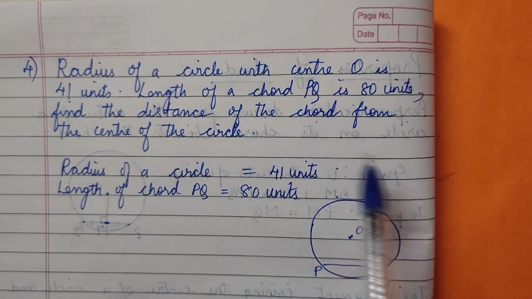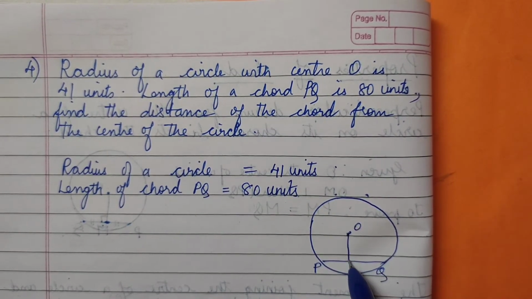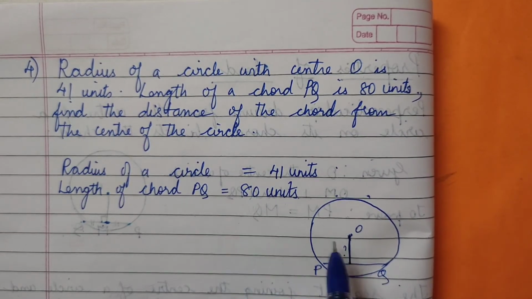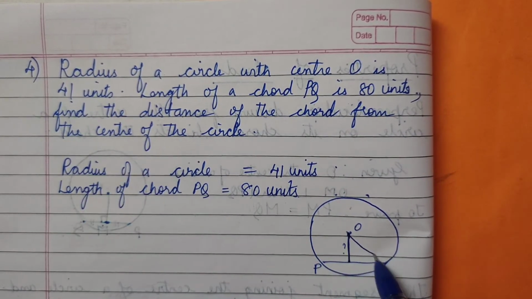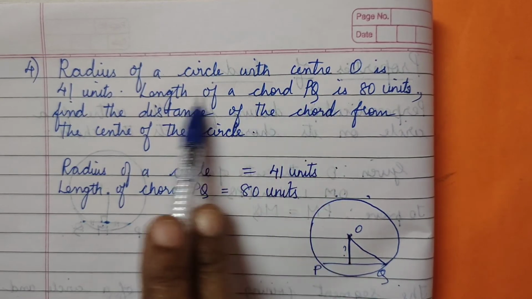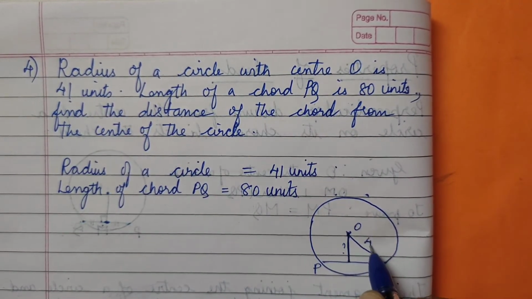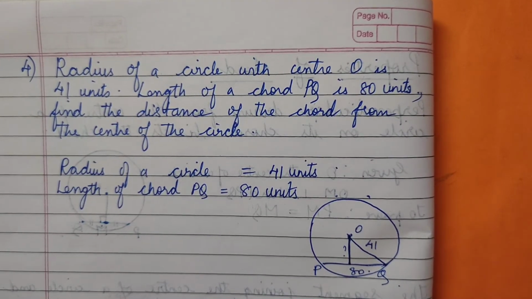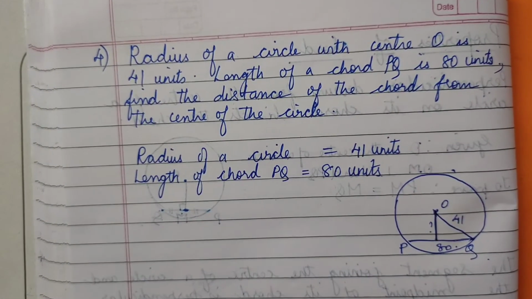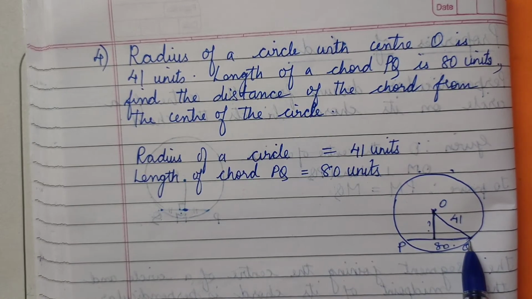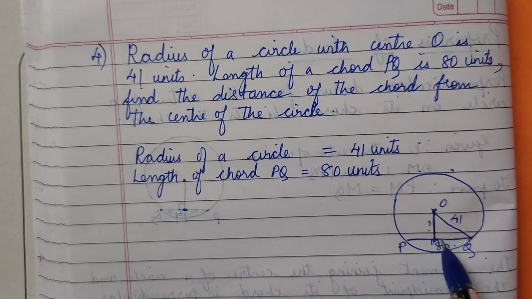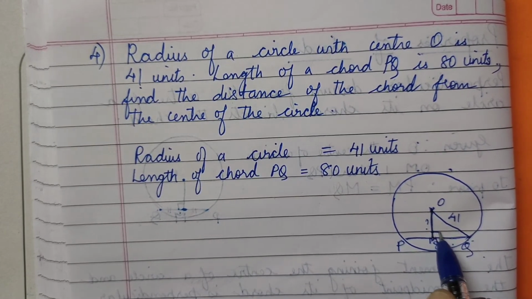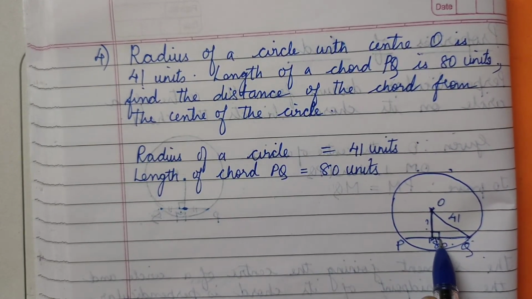And find the distance of the chord from the center. So this is to be found. Okay, ये find out करना है. And what is the radius of the circle? The radius of the circle is, how much is it given? 41 units. And the chord is 80 units. Right, my dear? Now, the chord PQ is 80, so we will name this point M. So MQ will be what? Half of it or not? Yes. Before that we need to have this as 90 degree.